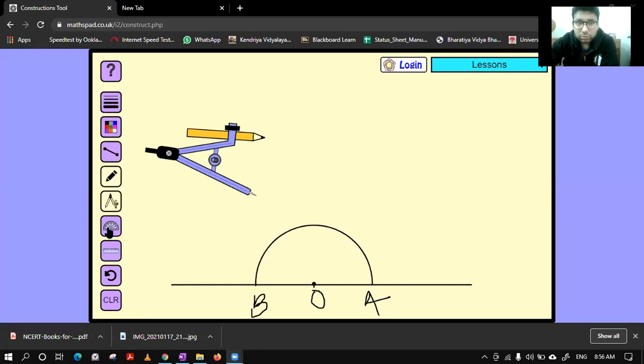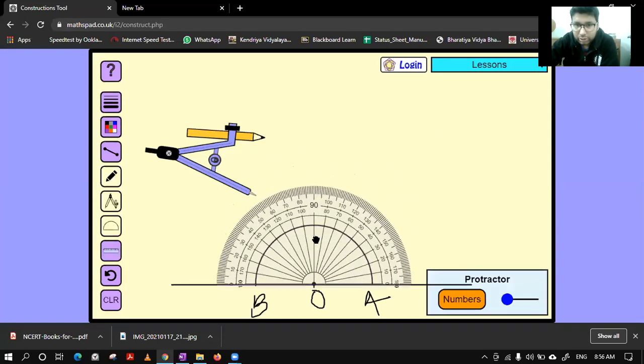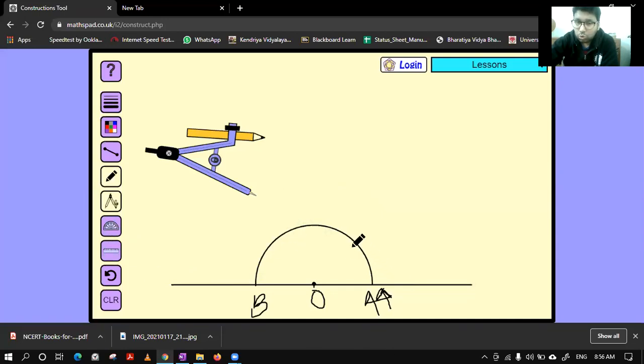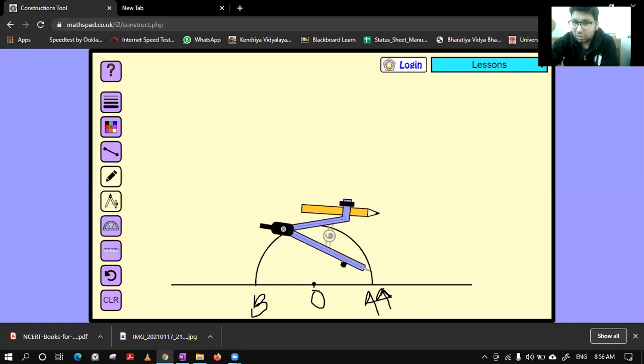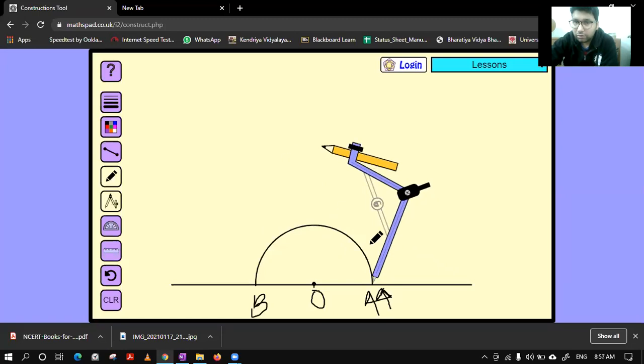If you have any doubts, please see. This is the protractor we are having, and you can see that A is showing 0° angle and B is showing 180° angle. If I take this inner side scale, then A is representing 0° and B is representing 180°. So let's see how to bisect these two angles. So our work is to bisect these two angles, 0 and 180.